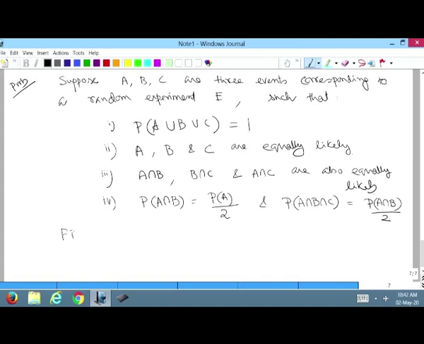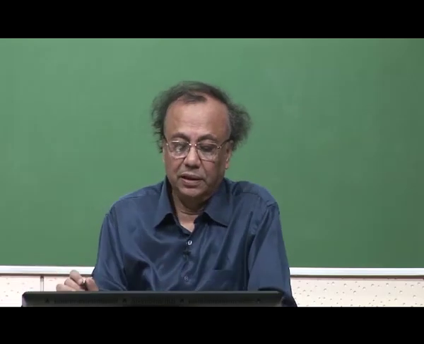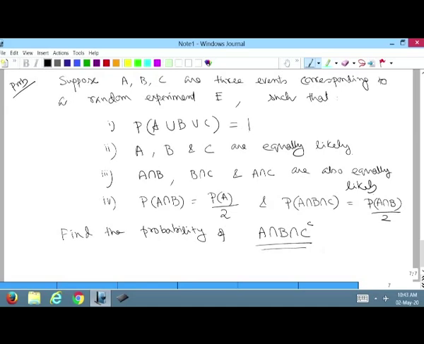Find the probability of A intersection B intersection C complement. That is the problem. Now, before I start solving, let me explain to you that A union B union C